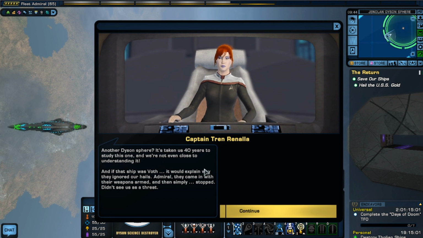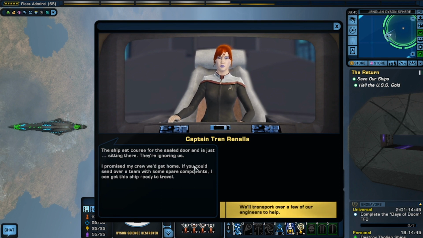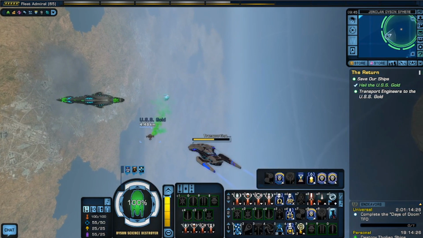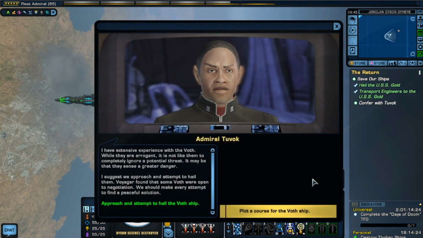Another Dyson sphere? It's taken us 40 years to study this one, and we're not even close to understanding it. And if that ship was Voth, it would explain why they ignored our hails. They came in with their weapons armed and then simply stopped. Didn't see us as a threat. The ship set course for the sealed door and is just sitting there. They're ignoring us. I promised my crew we'd get home. If you could send over a team with some spare components, I can get this ship ready to travel. We'll transport over a few of our engineers to help. I have extensive...